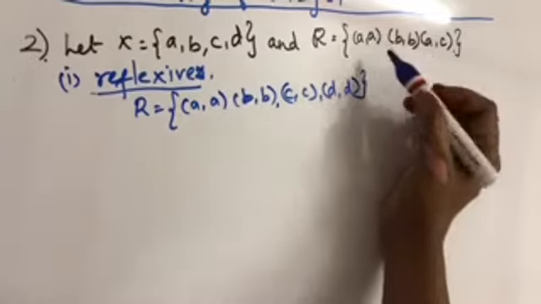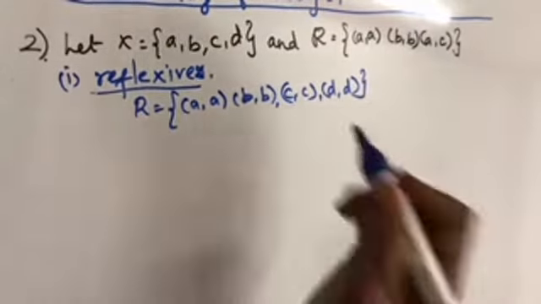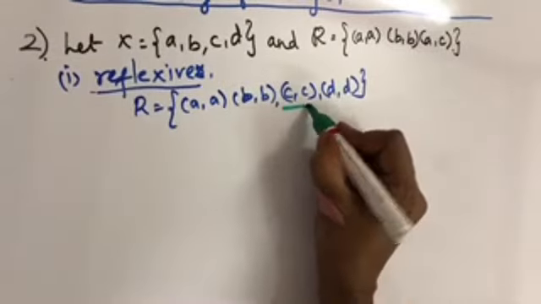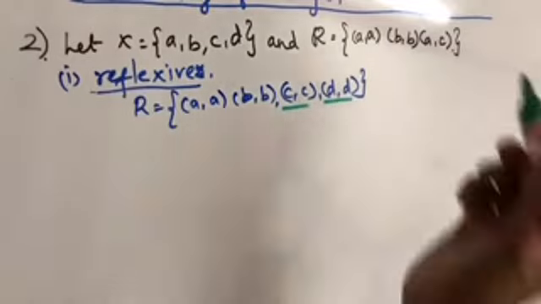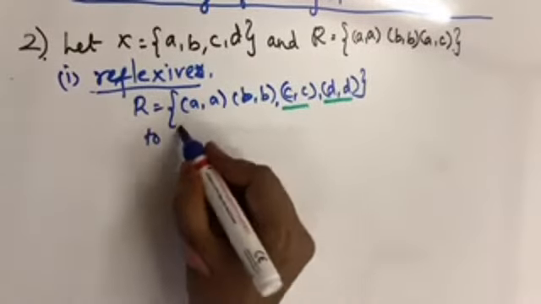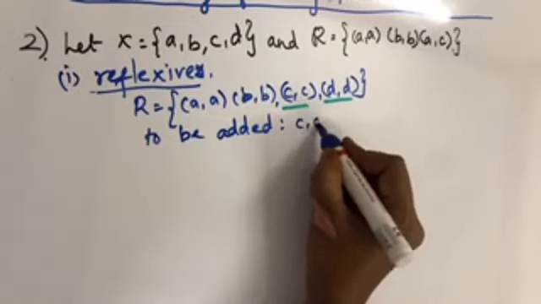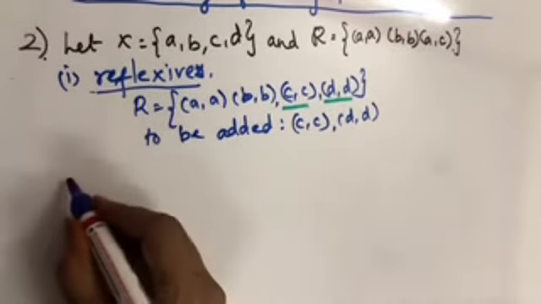Here only 2 pairs are there, (A, A) and (B, B). So, the ordered pairs to be added are (C, C) and (D, D). If we add (C, C) and (D, D) to this R, then R satisfies the reflexive relation. So, to be added is (C, C) and (D, D). Okay. Second one,